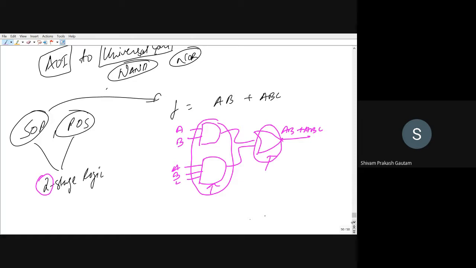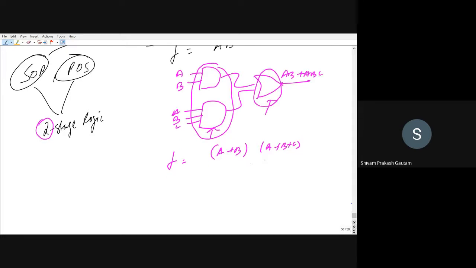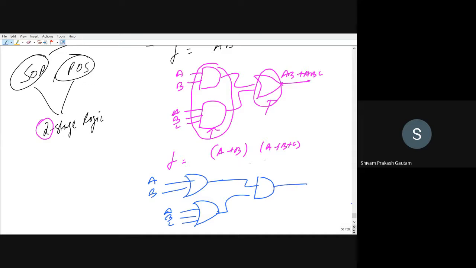Similarly, in POS form, if I write an expression for POS, that is (A plus B) multiplied by (A plus B plus C), let us suppose a random expression like this. If you want to make its logic, first we have a two-input OR gate, A plus B, and another three-input OR gate, A plus B plus C, and they flow into the inputs of an AND gate.